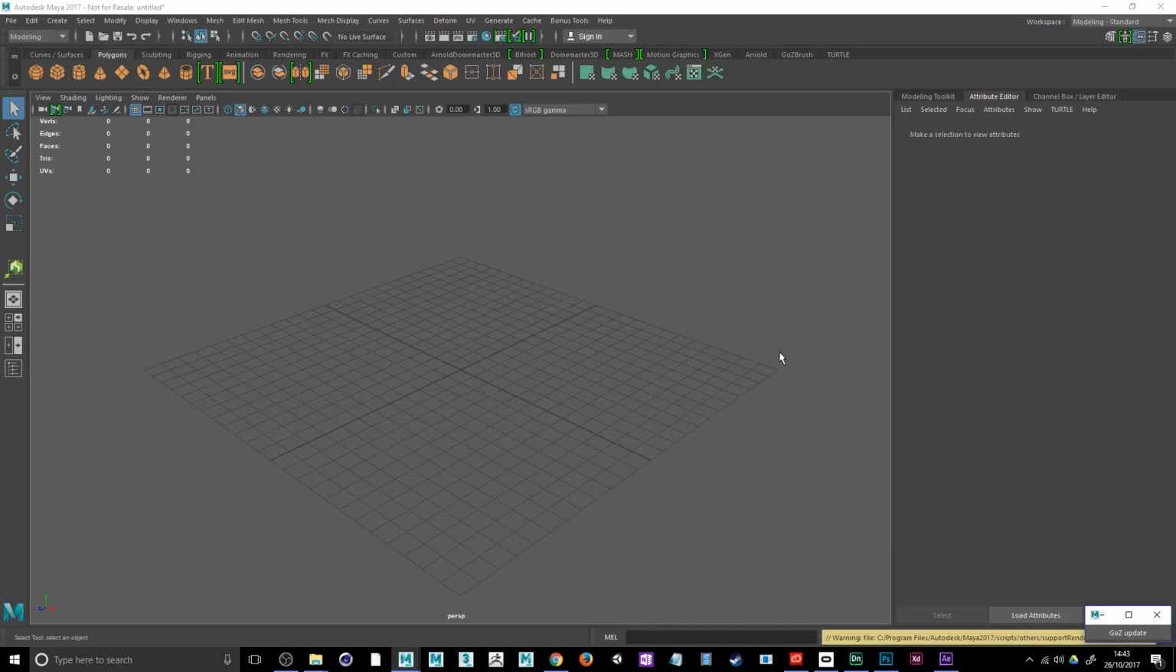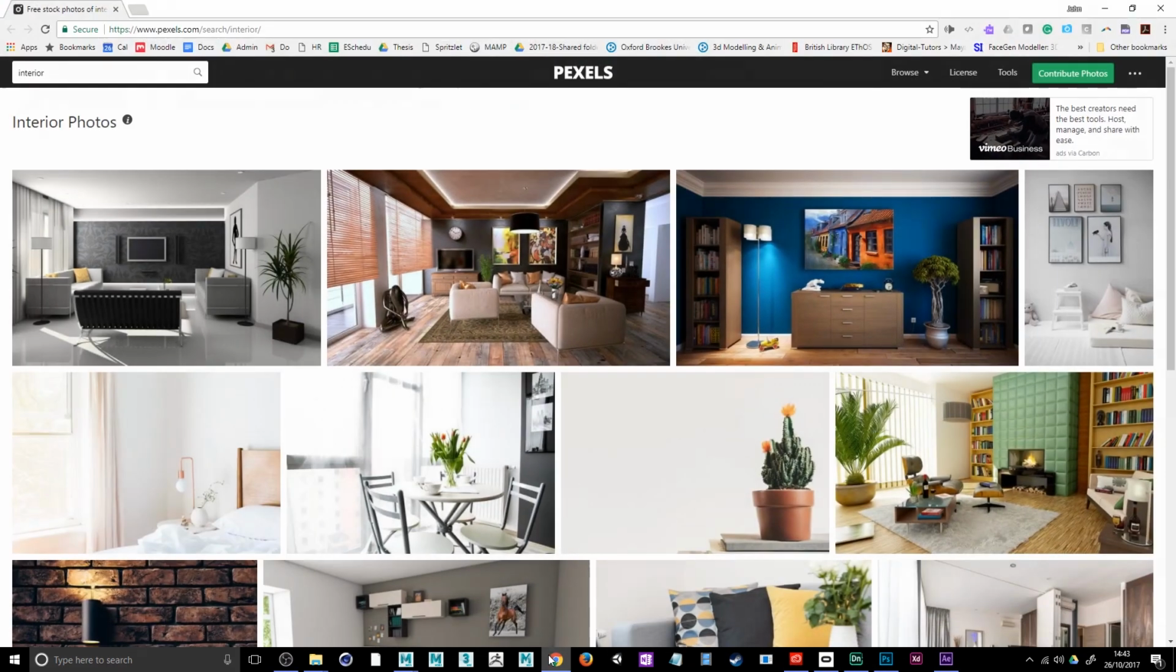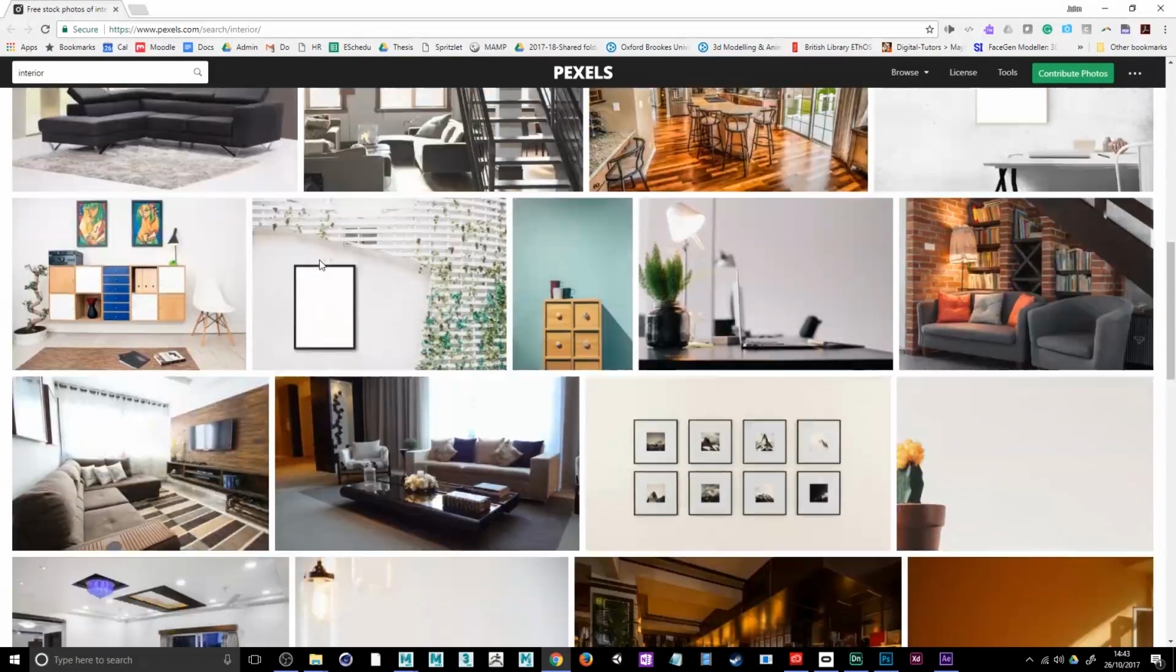This video is going to look at making an interior scene within Maya 2017. Now we've got a blank scene here. You can't start working with a blank scene, you have to have some inspiration. Now I want to make an interior room, but I could spend all day trawling through different versions of interior